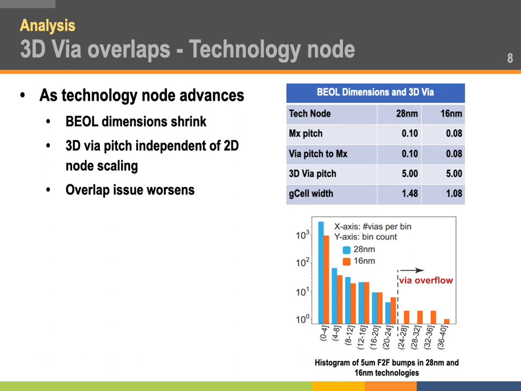To show this, the layouts are split into bins of 25 by 25 micron size. At most, a bin of this size can fit 25 vias of the 5 micron pitch, but as we can see in the 16 nanometer node, there are a number of bins that have more vias than the capacity of the bin. Note that even in a bin without any overflow, if a bin has less than 25 vias, it doesn't mean